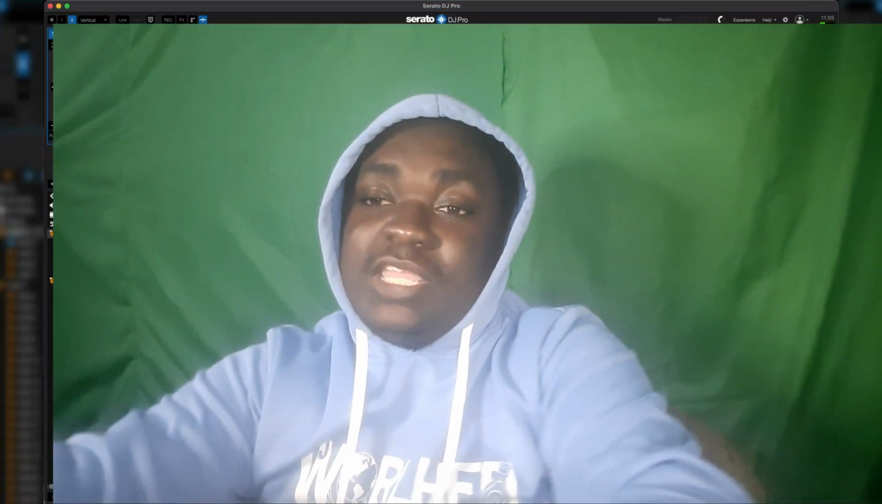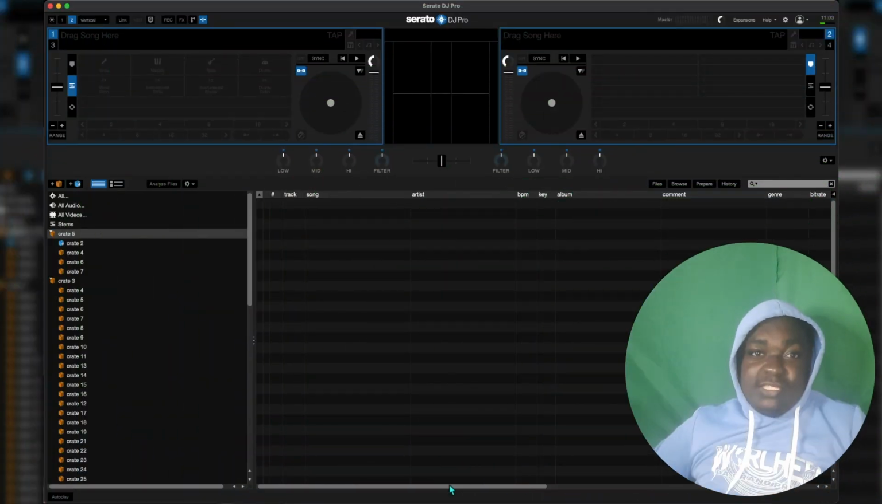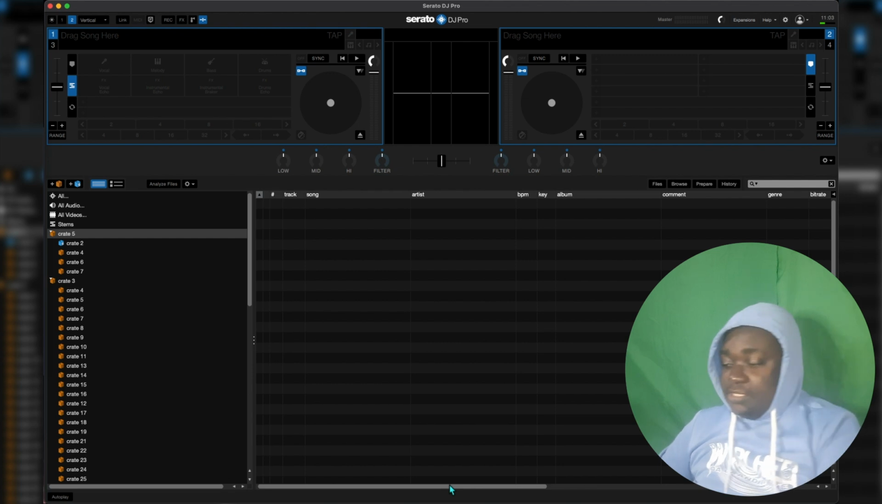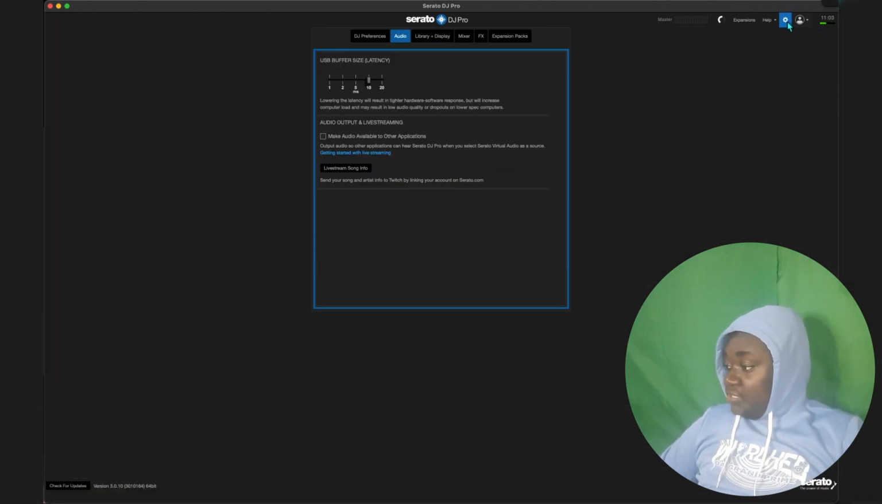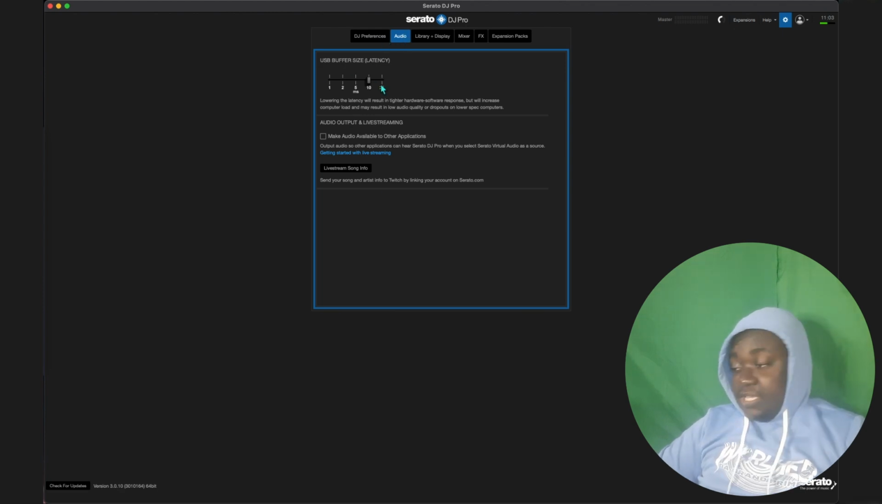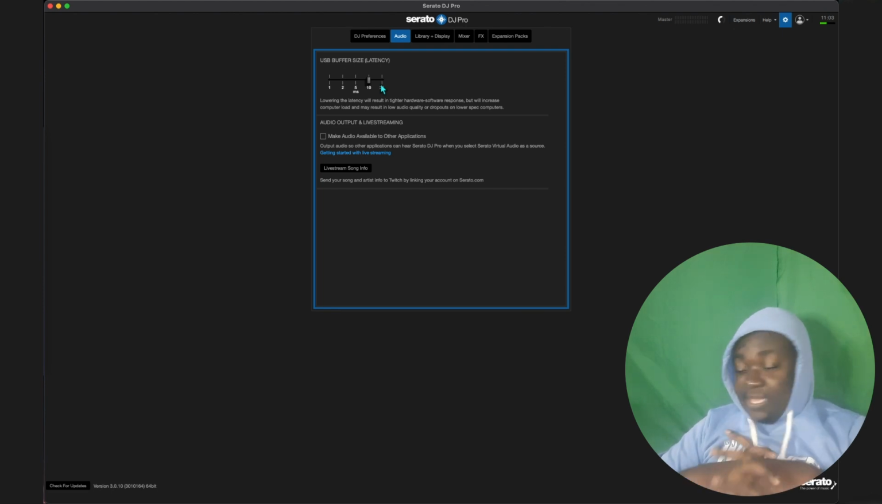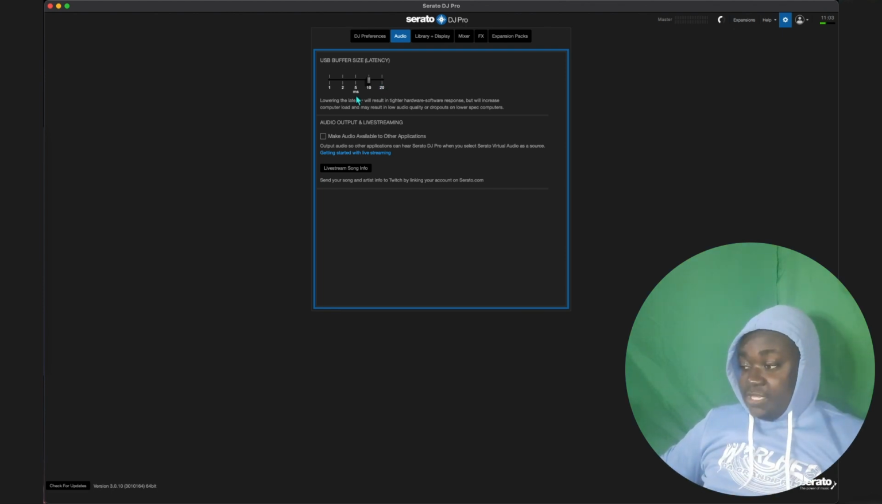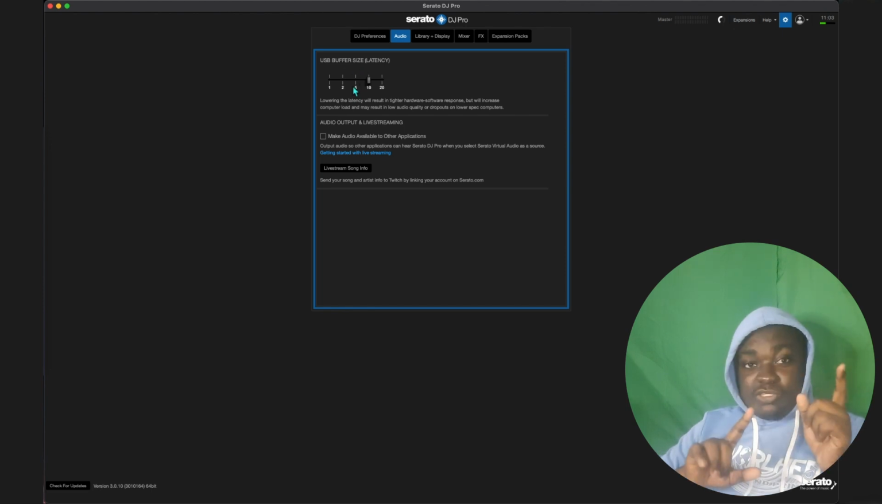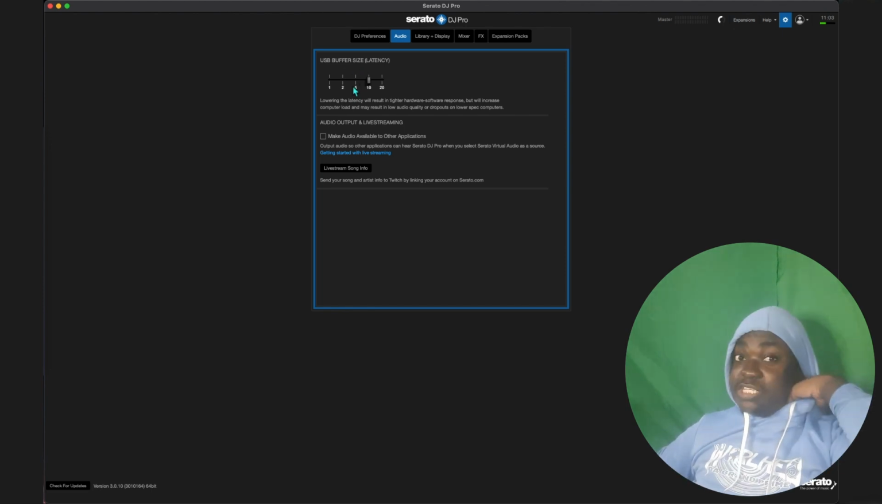Alright, so the first settings we're going to look at now. Let's jump on the computer. First setting we're looking at is USB buffer size. So when you go into settings, you're going to click on the audio tab, USB buffer size. If your Mac has SSD and 16 gig of RAM, you're going to set your buffer size within this range. Please note, if the version you're using is above